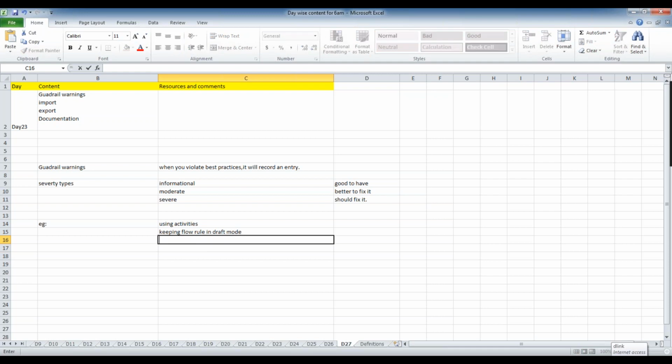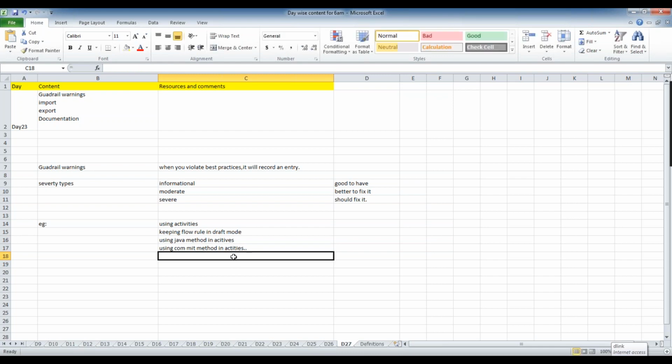Also using a Java step in activities, the Java method, and using the commit method in activities. All these are common violations.